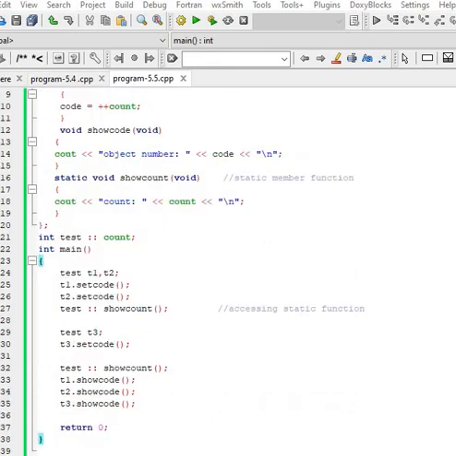So look at test T3. The third object is created, T3 dot set code. Again you are calling show count. Now show code: T1 dot show code, T2 dot show code and T3 dot show code.